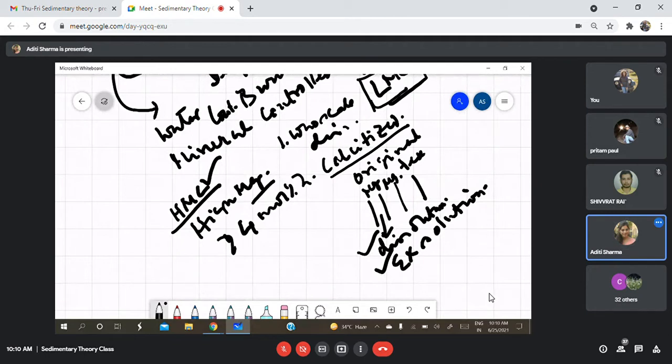Okay. Now, when will it go to dissolution? When the Mg content in the structure is very high. That means you have more than 12% Mg in the structure. When solubility goes above the aragonite solubility, in that case, the Mg calcite will go into dissolution.